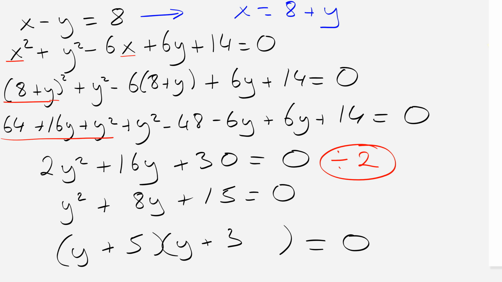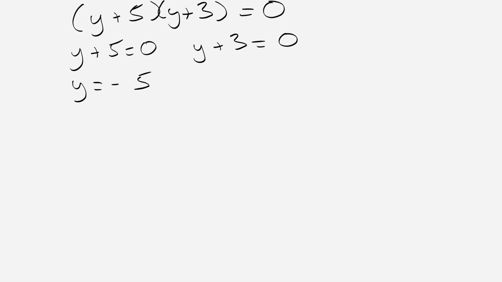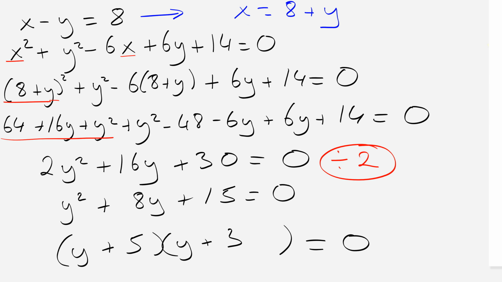So just continuing on from there. y plus 5 is equal to 0, or y plus 3 is equal to 0. In this case, y is equal to minus 5. In this case, y is equal to minus 3. Now, once again, we remember that we're not finished. For each of those y values, we have a corresponding x value. So let's go back to the first page. And what I'm going to use is the fact that x is equal to 8 plus y. Alright, x is equal to 8 plus y. This is the important thing for me. So bringing that over,